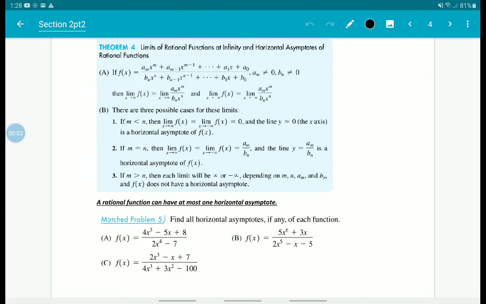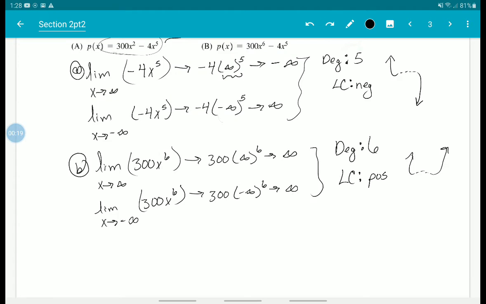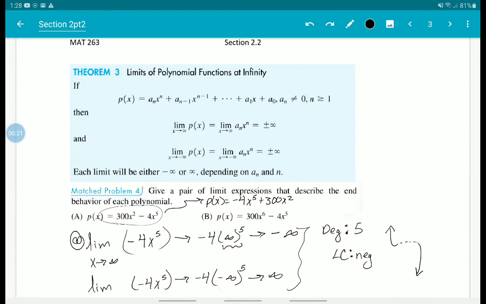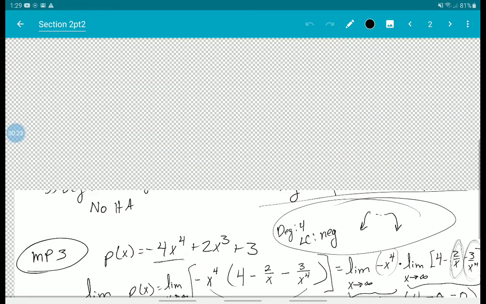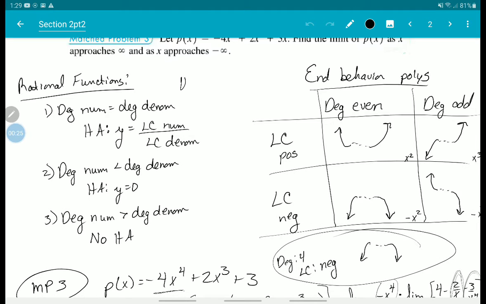So the last thing in this section is dealing with the horizontal asymptotes for a rational function. And you're going to see those three cases that we talked about in that last video. You really can look at the degree of the top and the degree of the bottom. And I'm going to go back to where I wrote that down in the notes. So I'm looking here. If the degree of the top and the bottom is the same, the horizontal asymptote is